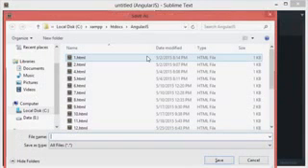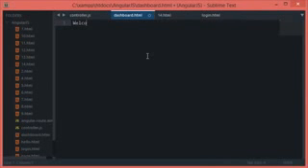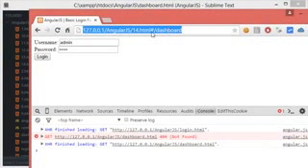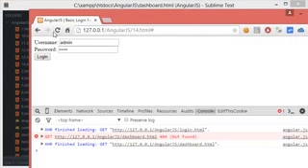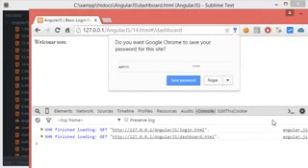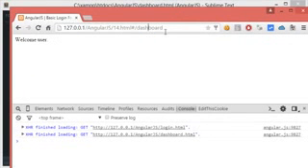So let's go ahead and create a blank dashboard.html. Welcome user, simple as that. Let's reload this again, reload, admin, enter won't work. Alright, Chrome is offering me to save the password. No, never. So now you see that we are redirected to the dashboard, and it says welcome user,